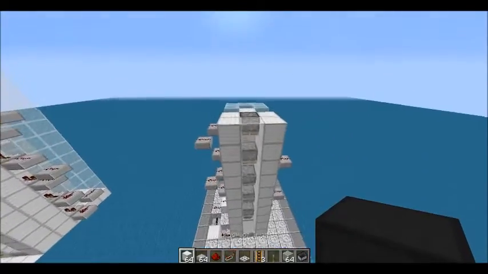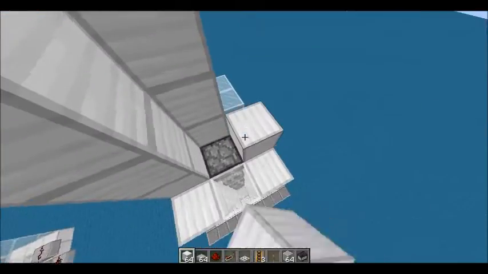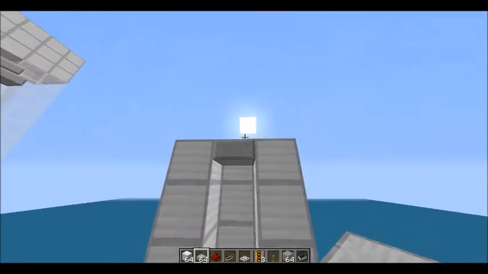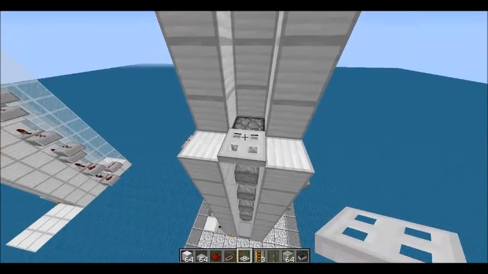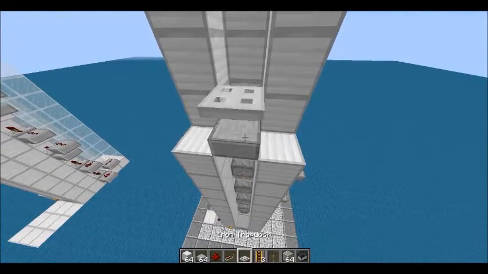Alright, now that we have the minecart in, what we're going to do is come to the top and place 3 blocks on either side of this piston and place a slab up here. That is going to need to be a slab because you're going to place your iron trapdoor, whatever you want to be. It can also be a slab, but I prefer trapdoor as it's